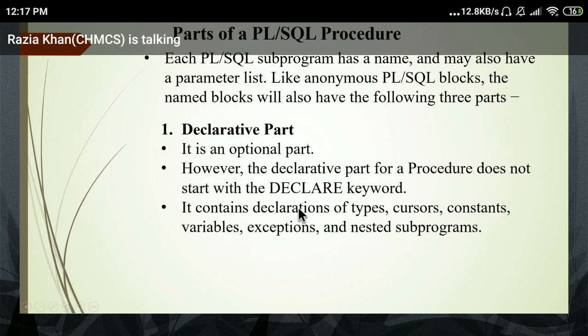The procedure does not start with the declare keyword. Everyone just check, two things are there: one is your normal PLSQL block, and the second is this procedure. The declaration part of your PLSQL starts with the declare keyword, but your procedure does not start with the declare keyword. The first difference is this.